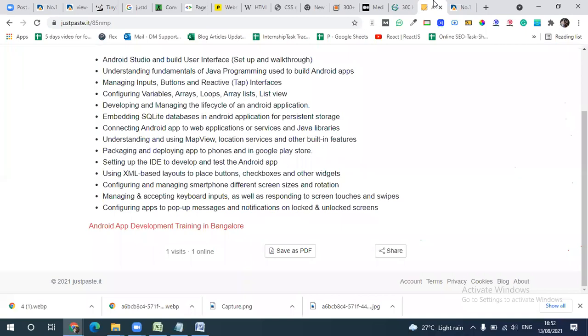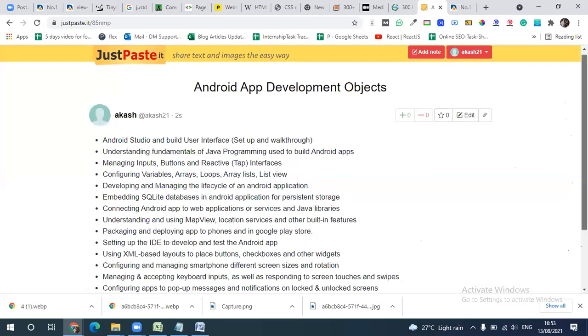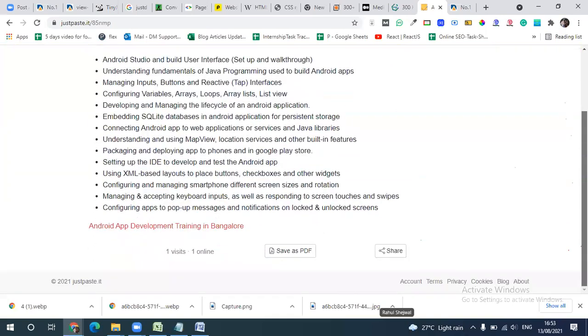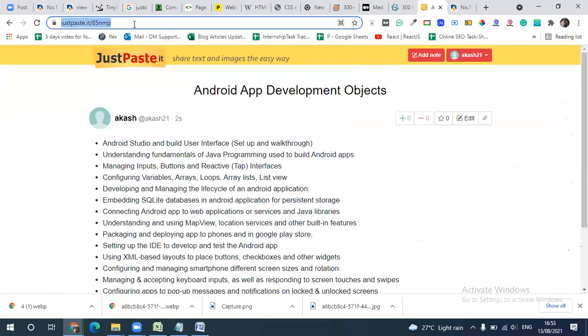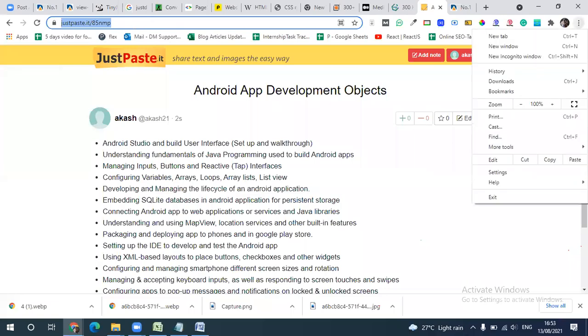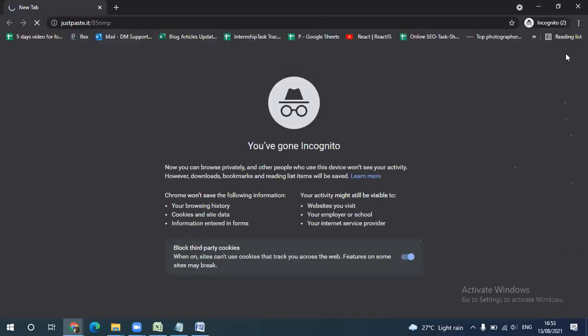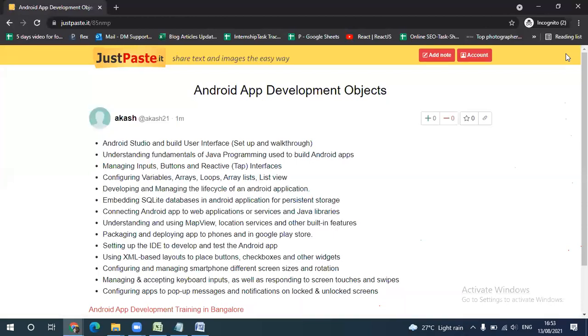This is called article submission sites. Means in different article websites you have to go and do article submission along with the link. If you do this, then only we get a benefit. If you do not, there is no benefit. It's very important. We have to connect it also. Now see, I have done this one. It is coming here. If I open here, you can see in another tab also I am opening, it is coming.